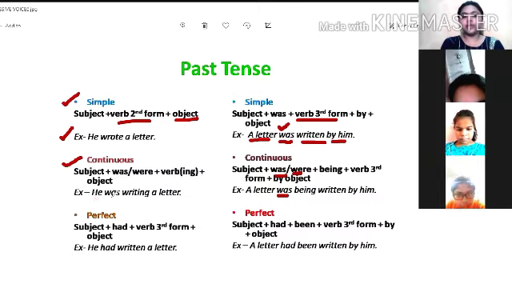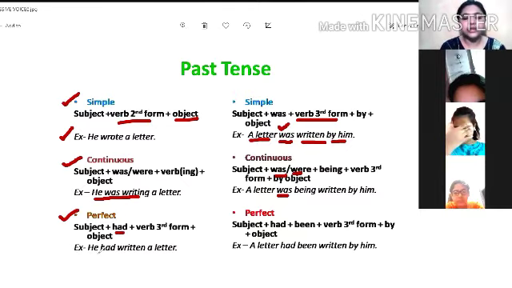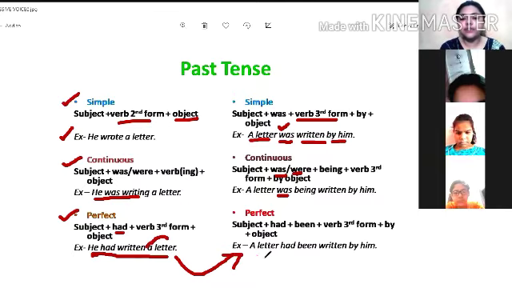You have to look at the question very clearly. Next, perfect. In perfect tense, what we do? We use had in case of past. So the sentence in active would be he had written a letter. And how do we change it into passive voice? We take out this thing, object, and we place it in the place of subject. A letter had been written by him. Rest of the rules are same in both present and past. But what you have to make the changes in is the helping verb.